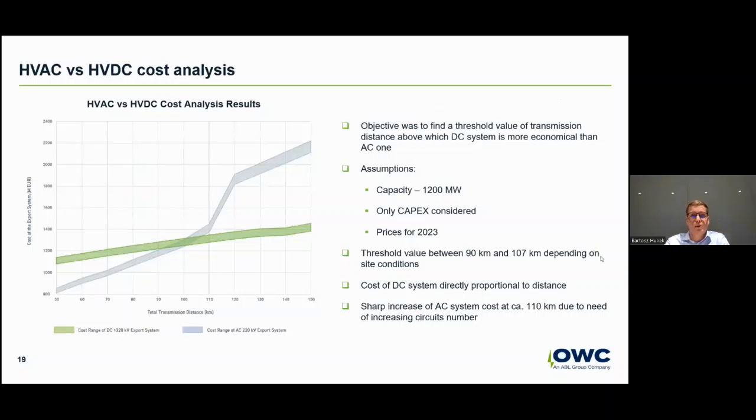Actually, it's a sample of our cost model tool comparing AC with DC technology, which can indeed help you make decisions. This slide contains two curves that reflect the estimated cost for AC and DC technology respectively, of course as a function of total transmission distance. Both curves intersect at some point where one technology is outperforming. But what major conclusion can we draw from this analysis? So it can certainly be noticed that above around, say, 107 kilometers, seeing this chart, DC technology definitely prevails